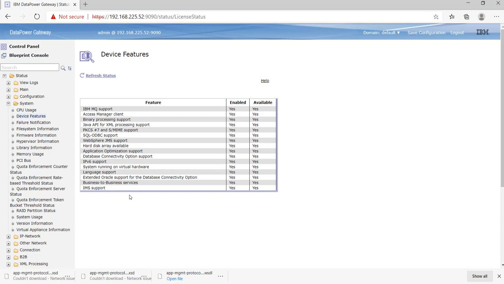Later I'll tell you how we can implement or enable these features in the prod environment, because as I told you, non-prod has almost all the features of DataPower, but the prod appliance doesn't have all the features. So in my later video I'll tell you how we can enable all the features which we bought during the license. So we can see all the features here. So let's go back to SoapUI.